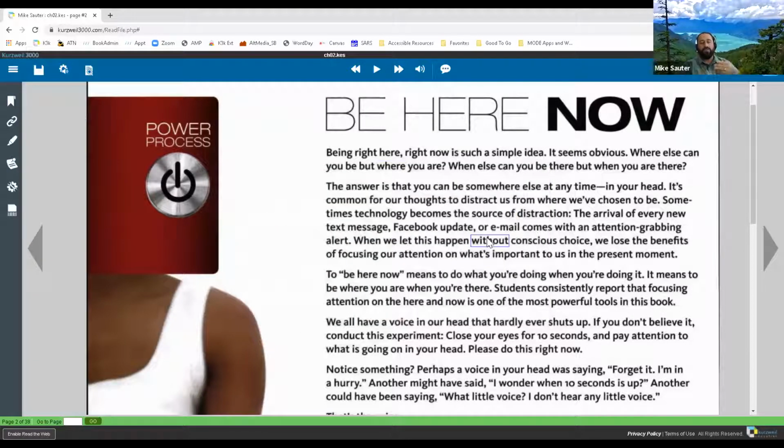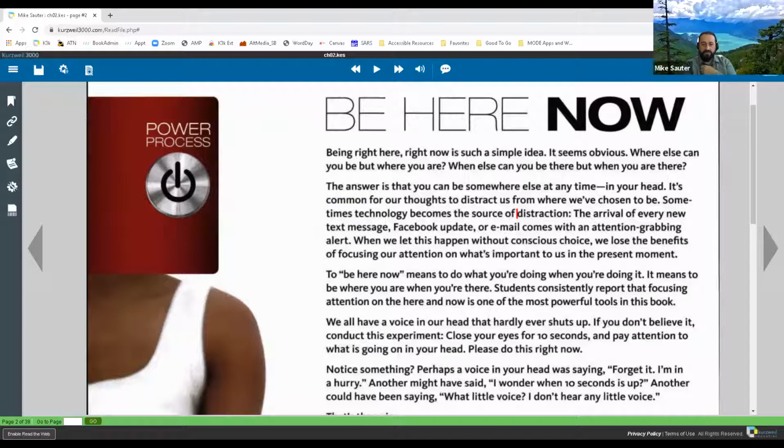You can also define words within the definition. So, how many times do you see a definition that comes up and you're like, what? Well, you can actually choose a word within that definition and define that and define and define. So it does go layers deep, which is really nice. Okay, that is the basics for the reading.